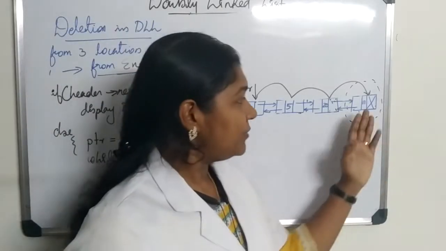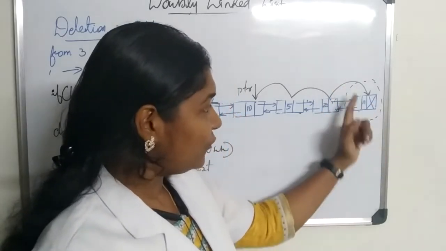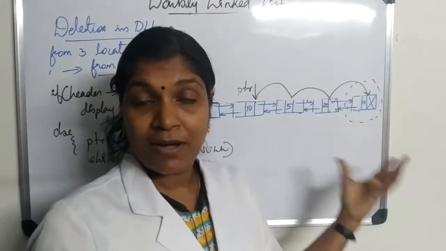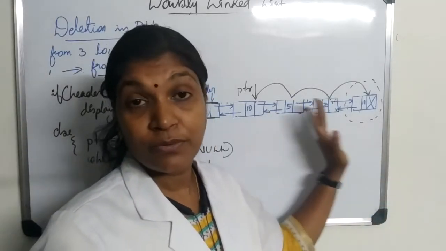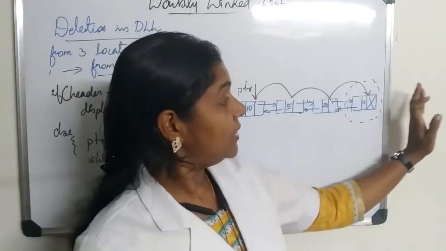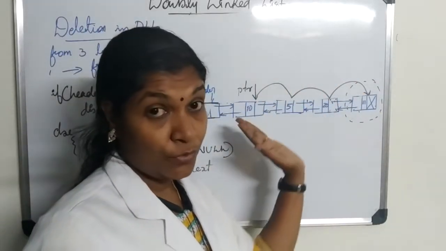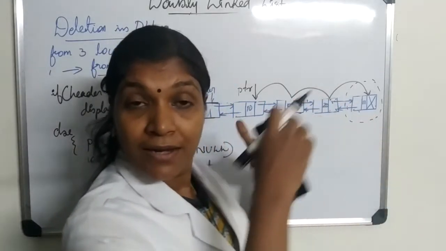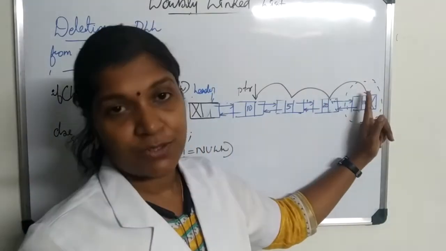We are about to delete the last node, and in order to delete it, we should make the next link of the previous node null, right? And what is the nice part of a doubly linked list? There is no need to make another pointer to follow this pointer. In a single linked list, along with moving this PTR forward, that is rightwards, we made another pointer PTR1 to follow this PTR, so wherever PTR goes, PTR1 would be in the previous node. But here there is no need because right now we are in the last node.